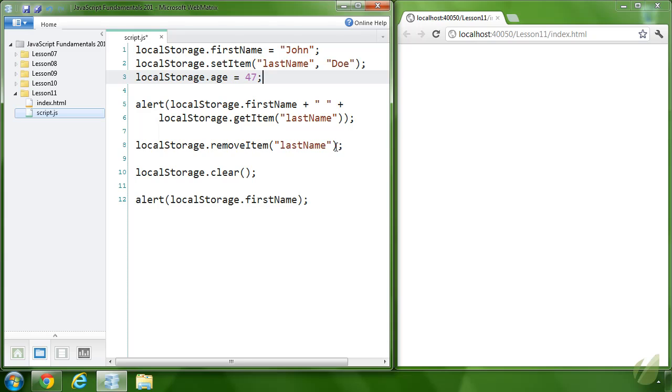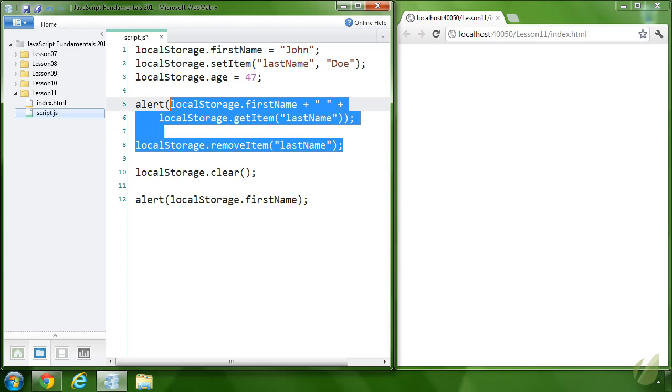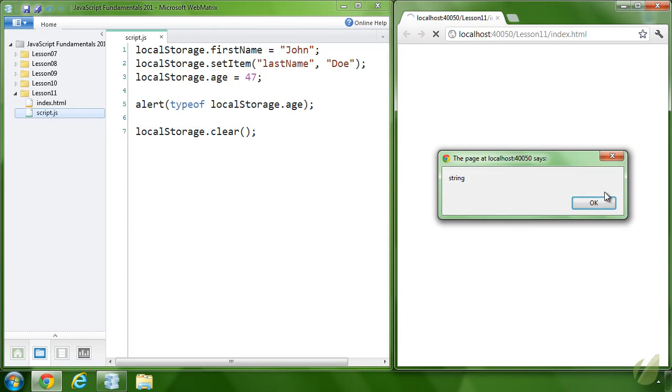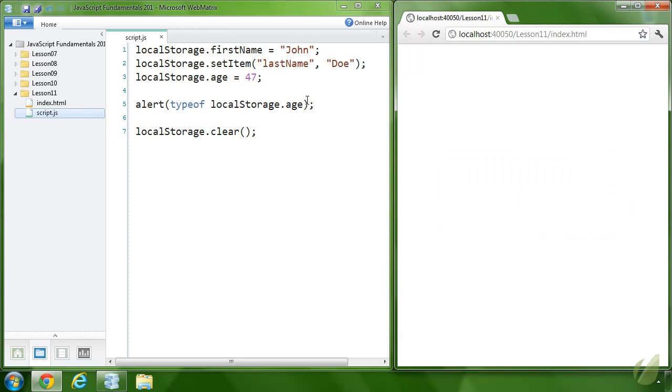But whenever we retrieve the age property of local storage, we are going to get a string of 47. So I'm going to do typeof localStorage.age. That's going to give us a value of string inside of the alert box. And if we want to use this value